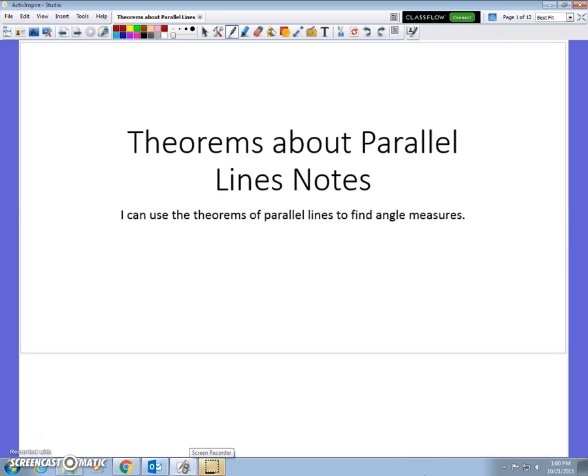Alright, this is Mr. Gillum, and today we're going to start learning about some theorems about parallel lines. And so the first thing I need to do is introduce you to some vocabulary so you know what I'm talking about when I'm trying to explain them. So let's start with that. And the first big word is going to be